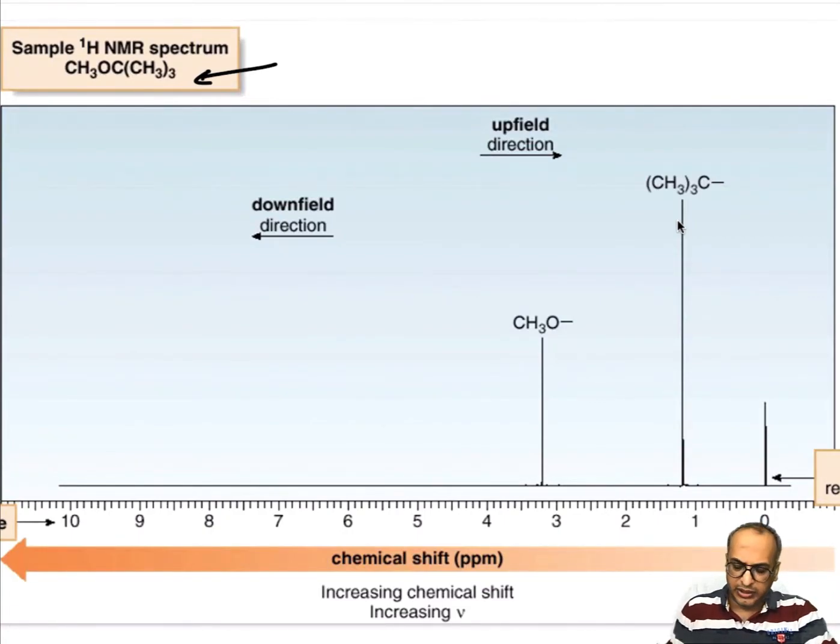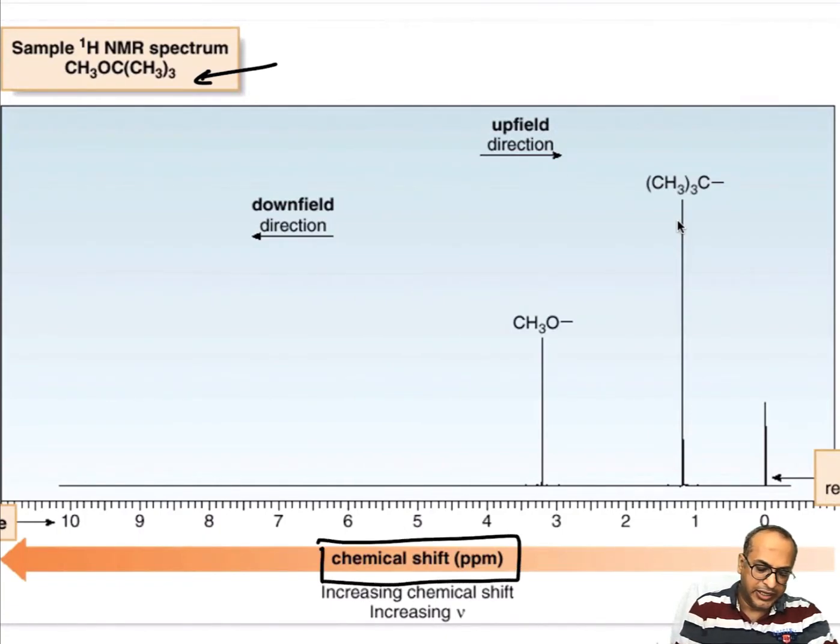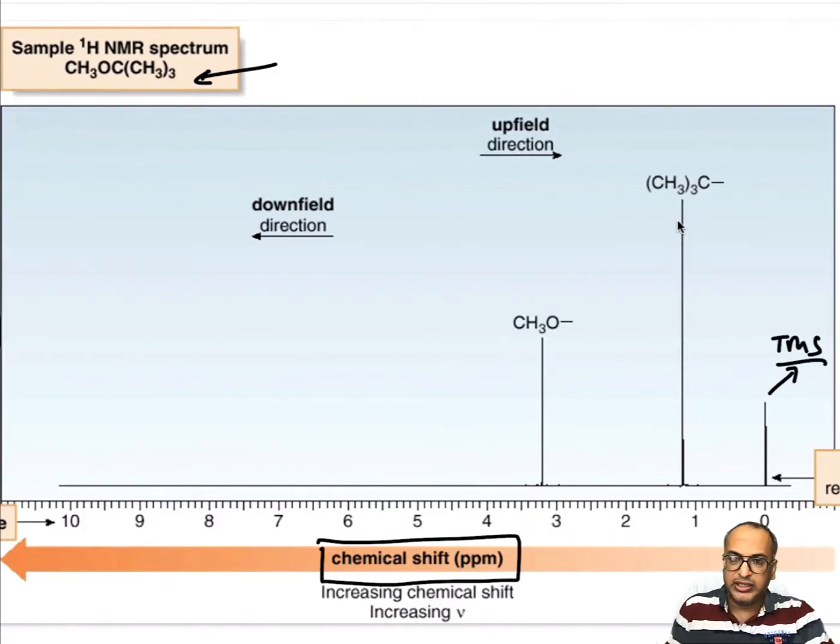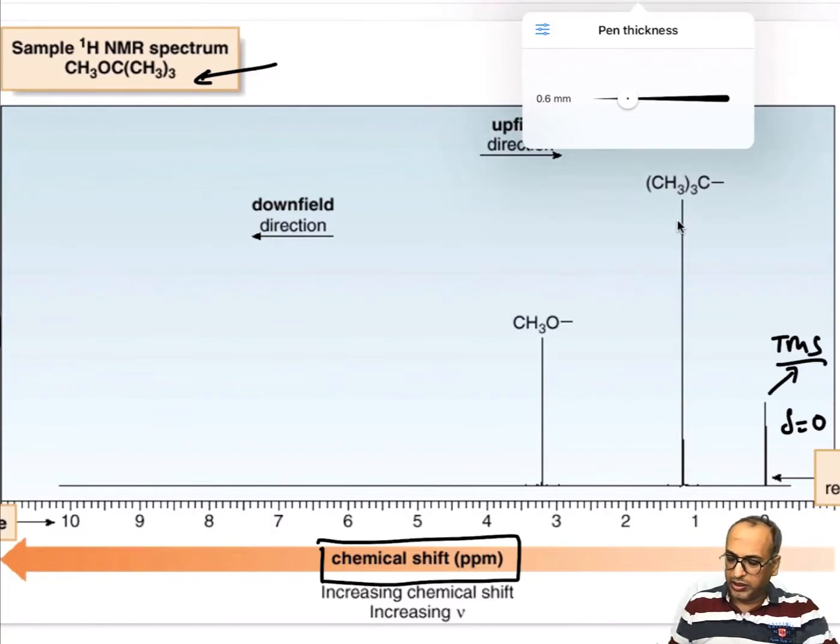And you can see that the chemical shift scale is plotted at the bottom as the x-axis, and intensity is plotted as the y-axis, right? So those are the first few features. Chemical shift is plotted in the delta scale, that is in ppm, and increasing chemical shift is marked with this orange arrow, right? You can also see a signal corresponding to TMS, which is the reference signal, and for which the delta value is 0, right? So the delta value, which is the chemical shift of the reference compound, is put as 0.